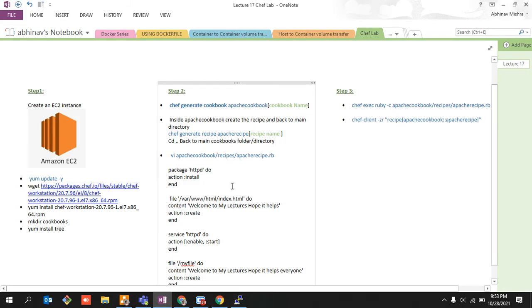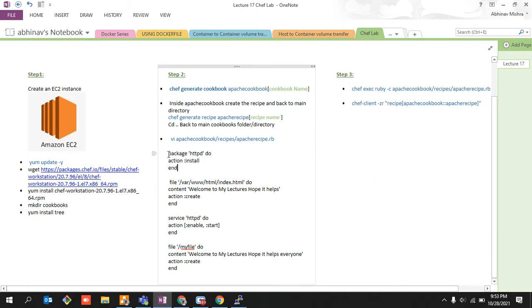So this is some pieces of code that I have already noted down, and I'll just copy it over here. What we are going to do over here is just install Apache, right? And once this installation has been done, it will create a file onto this particular location, and it will write something. The action would be to create the file, and the content would be this, and end. And after that, once your Apache is installed, it will simply enable your Apache server so that your system becomes a web server kind of thing, right? I hope you guys are able to understand. If not, I'll deep dive later on.